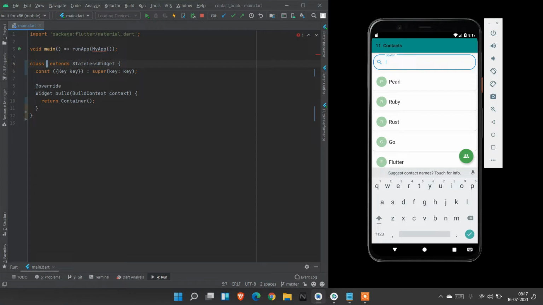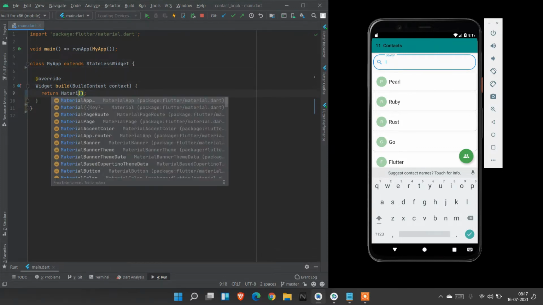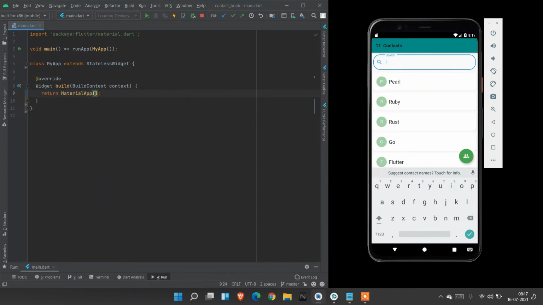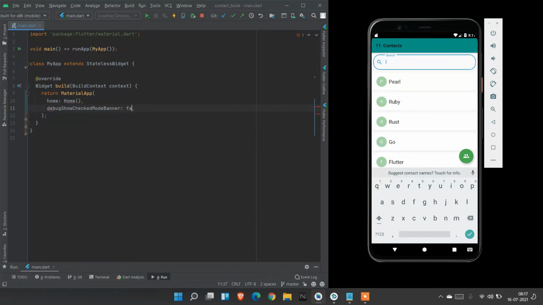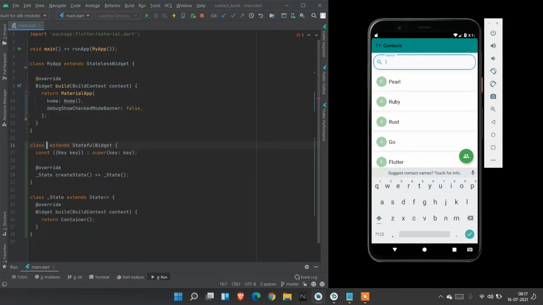Create a stateless widget, MyApp. Here I don't need this key, so I delete it. Inside, create a MaterialApp. Inside that, create home. After that, set debugShowCheckedModeBanner to false and create one stateful widget, Home.